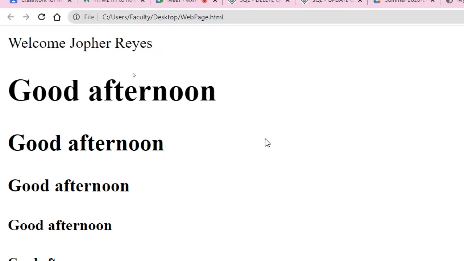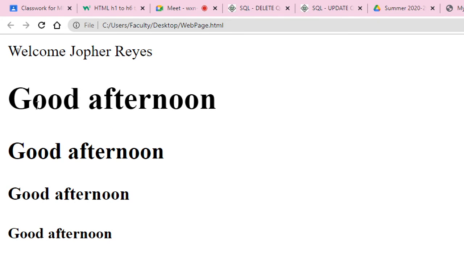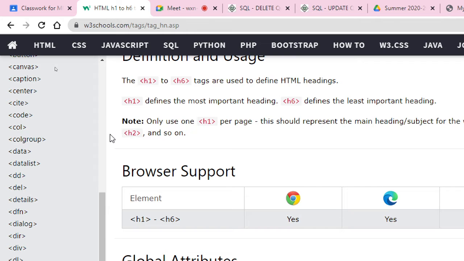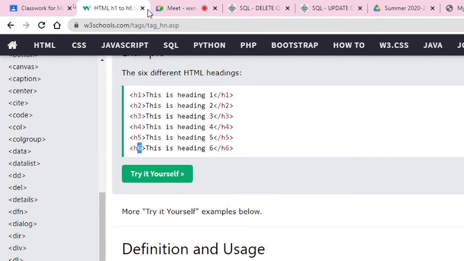Okay, so there. And next is, I want to change color. Okay, these are the elements. Those are the elements, and then don't forget that in every element we have their attributes. Okay, for example,